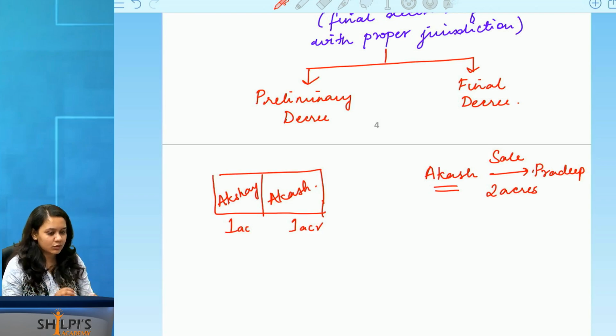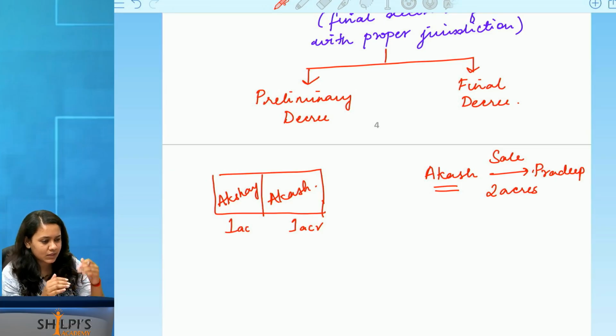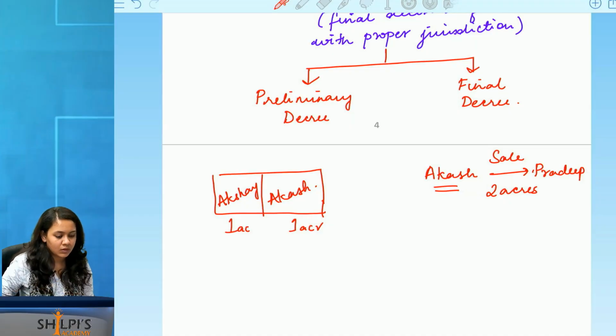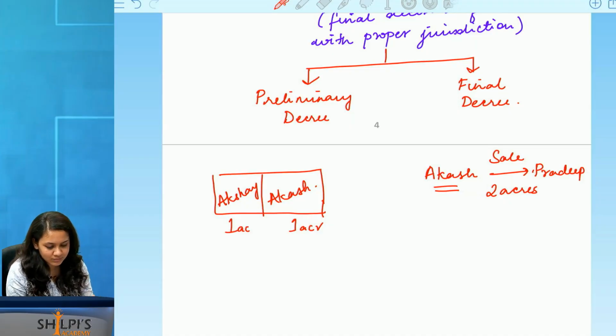Now tell me, can you sell something that does not belong to you? No. It's called theft then. Because if you cannot establish that you are the owner, then this is a clear case of theft. And we will study many principles moving forward. If you are not the proper owner of the property, you cannot sell it. Okay. Now what happens is, Akshay goes and files a suit against Akash. Sorry, I changed the names. My bad. Let's keep it as Akshay and Akash itself. Fine. We'll go with the same example.